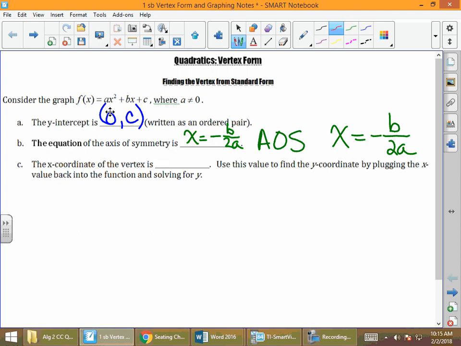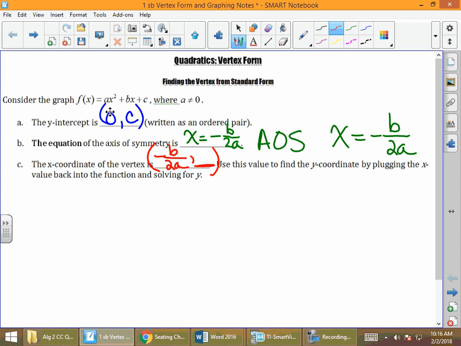Which brings us to letter C here, which I'm not sure if this one's going to help you on the note card or not. I'm going to let you decide. But the x-coordinate of the vertex comes from part B. It's the opposite of b over 2a. And what I oftentimes like to do is, the vertex is an ordered pair, so I usually like to write it as an ordered pair. That's not really what the blank has there, but it's the opposite of b over 2 times a is what that red value is, and then add comma, a blank. We're going to use this value to find the y-coordinate